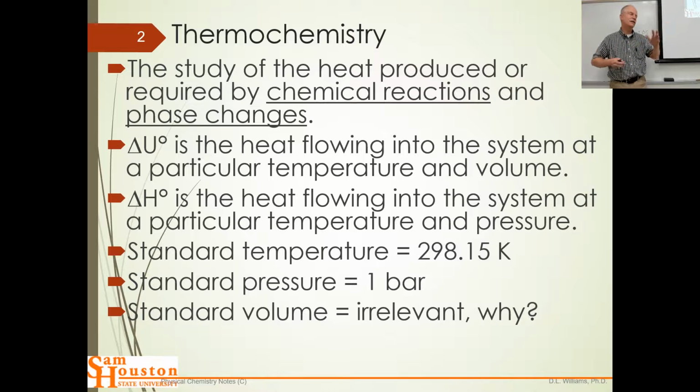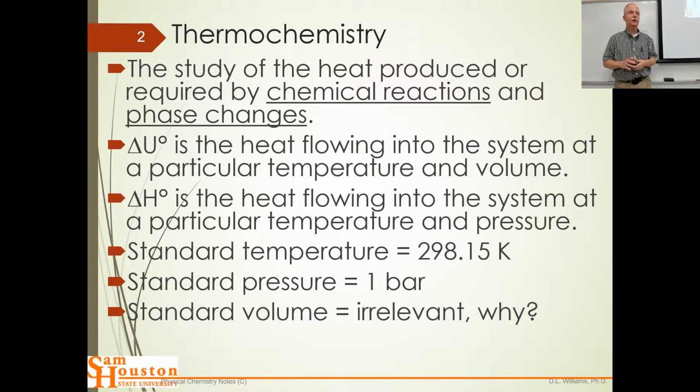And so we've decided as a community of science what the standard temperature and pressure are. Standard temperature for these thermodynamic tables is 298, and the pressure is 1 bar. Now that's not for the gas law. What's the standard temperature and pressure for an ideal gas? They use atmospheres, so it's 1 atmosphere for STP in gases, and it's freezing water, so it's 0 C, which would be 273 Kelvin. So don't get those mixed up. For these thermodynamic tables, they use the thermodynamic standard temperature and pressure, and they use bar instead of atmospheres.